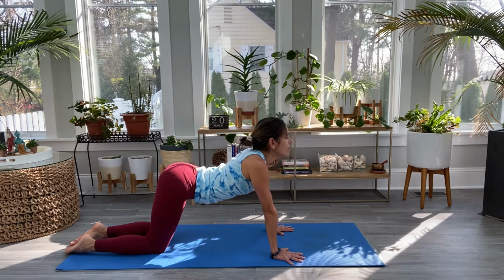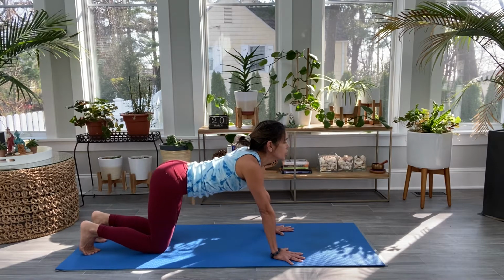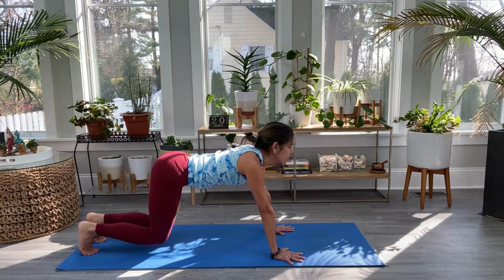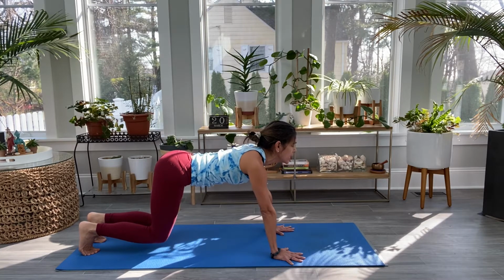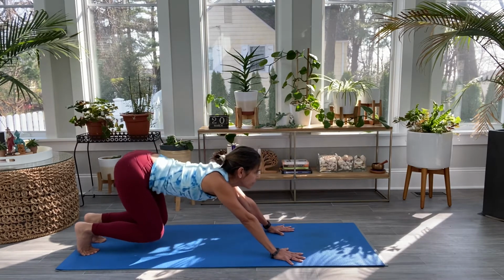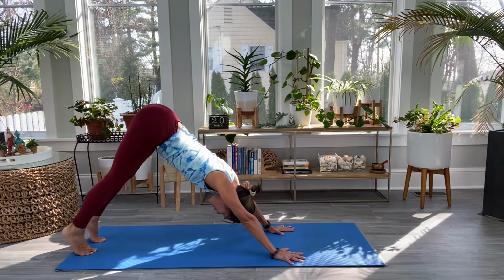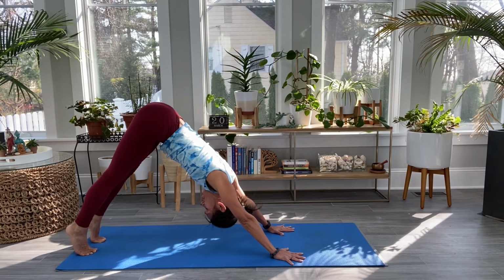And then the next time I'm in this cow pose, I'm gonna curl my toes under. I'm gonna shift my weight, press the ground away and lift my kneecaps up and then shift my hips back. I'm still looking forward as I lift my hips up. I'm gonna drop my eyes down last, tuck my chin and look towards my belly button, big stretch to the